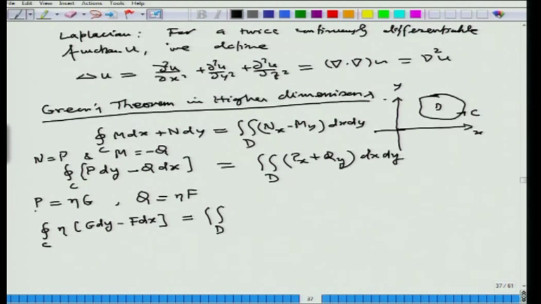The x derivative will give eta g x plus eta x g. Collecting these things, we get eta times g x plus f y dx dy. Here subscripts mean partial derivatives. Plus the double integral over D of eta